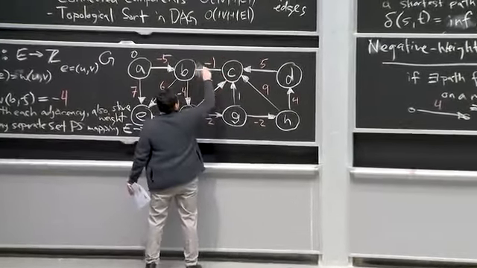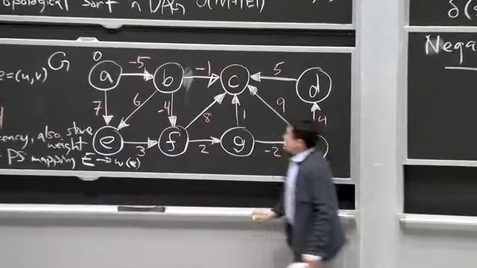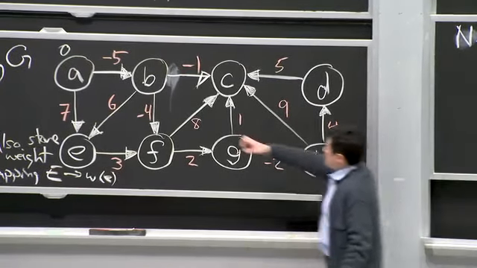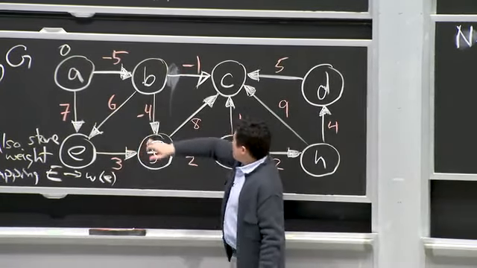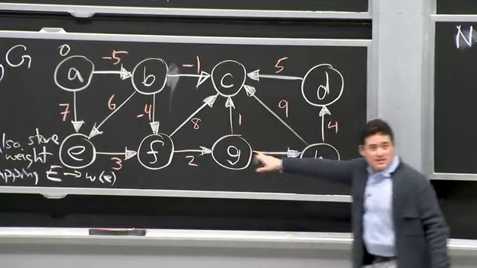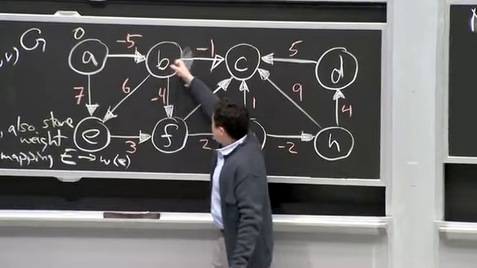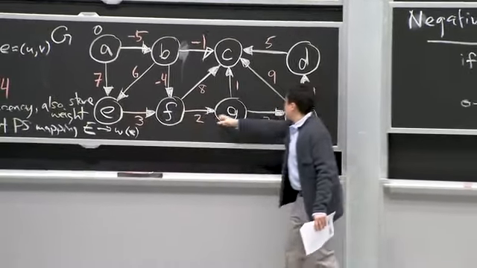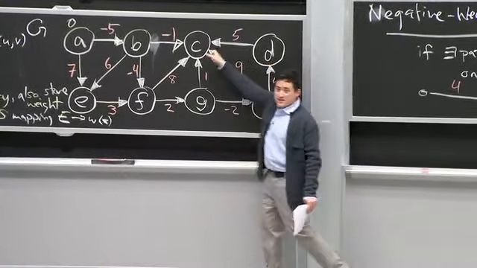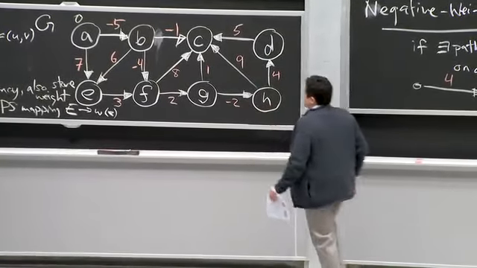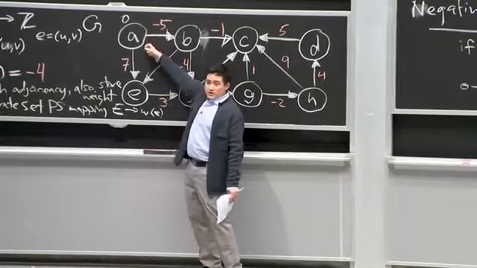I claim to you, now this is a DAG. In particular, a topological sort order is when there's a path through all the vertices, then there's a unique topological sort order: A, B, E, F, G, H, D, C. This is a topological order. You can check all the vertices, the edges. So I'm going to start